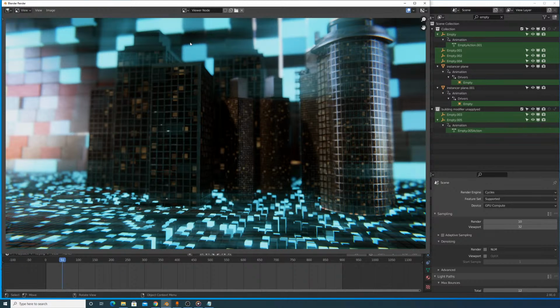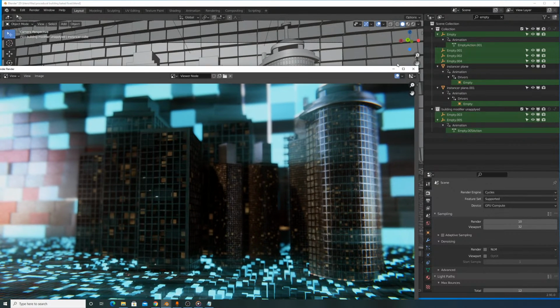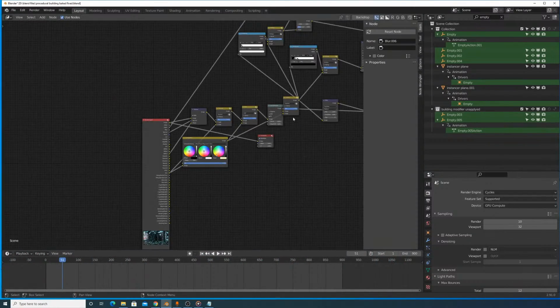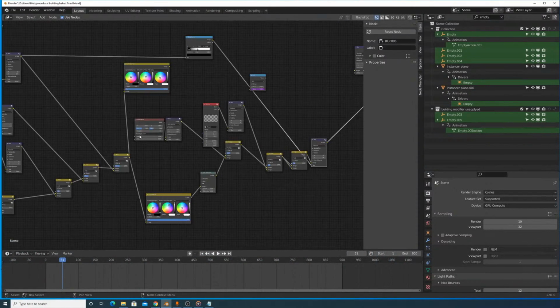We could also set it so that in the animation we don't have the background, the world, affected by the glare, basically. So let's go to compositing, and let's just,